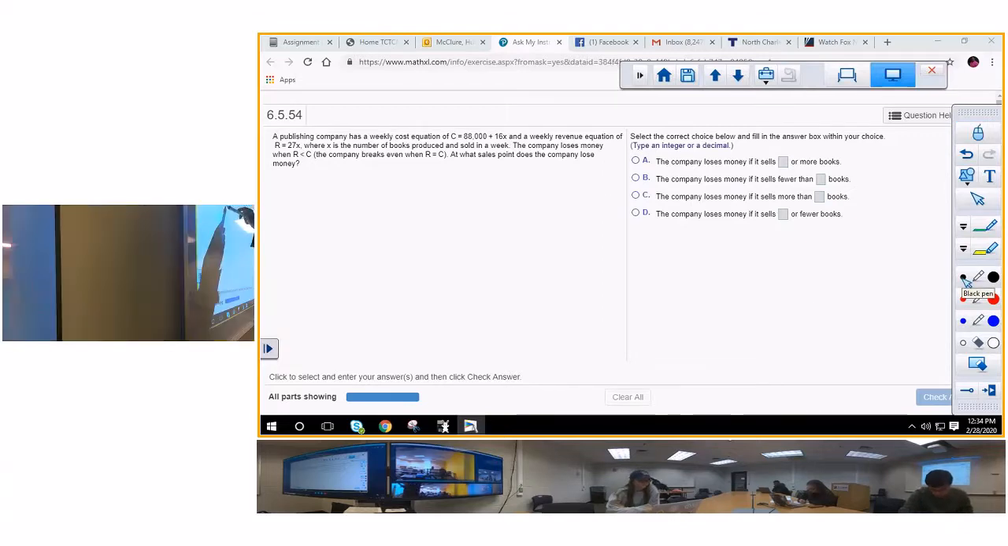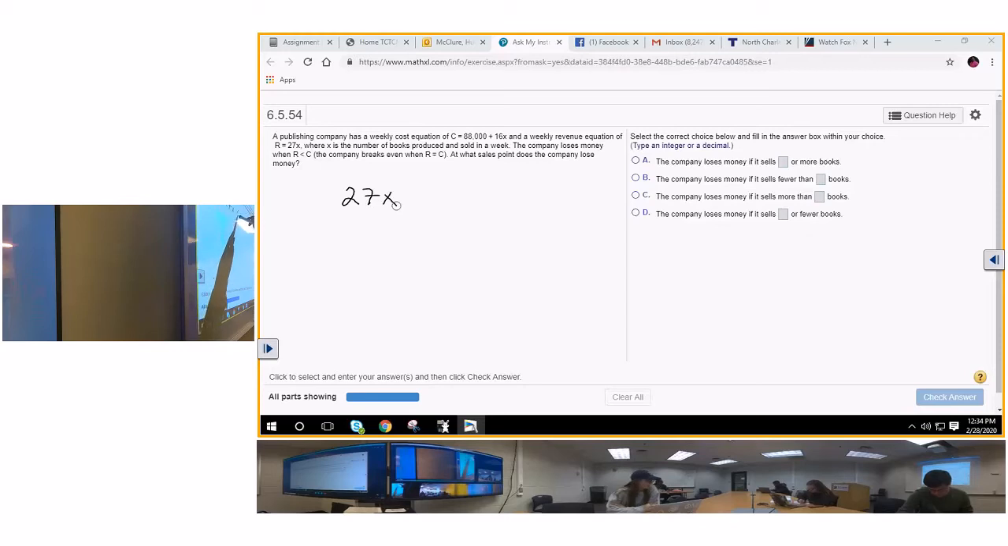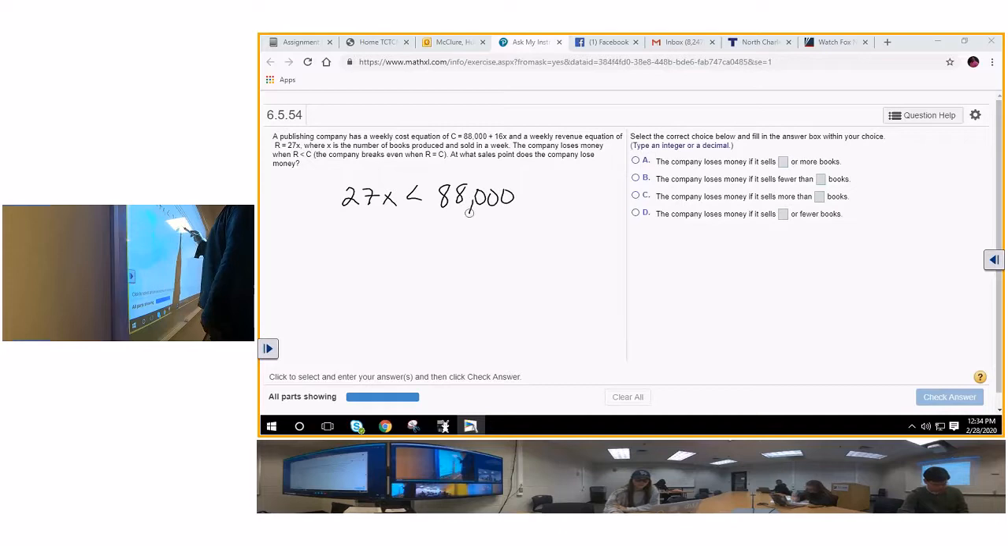R is 27x less than 88,000 plus 16x. Now, if you don't understand what this says, it costs you